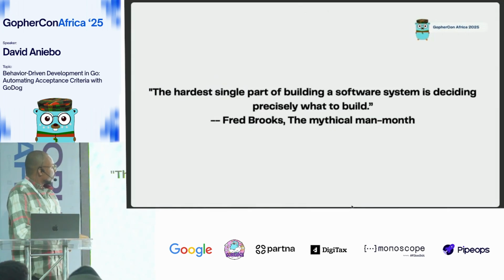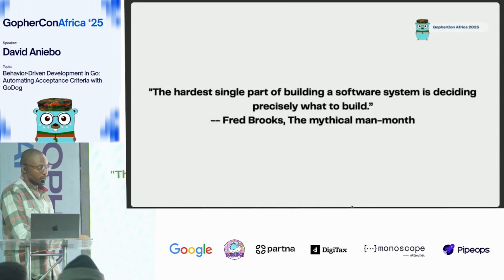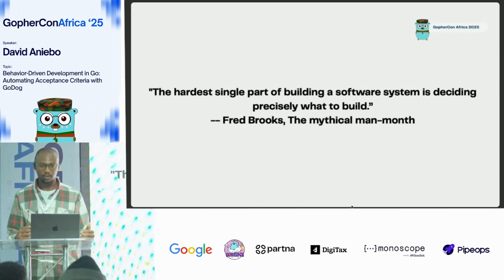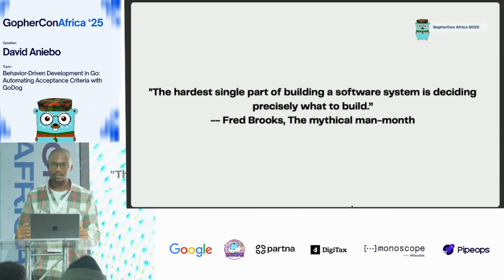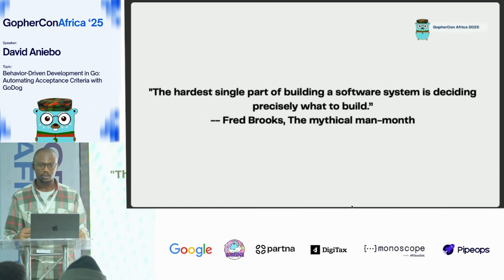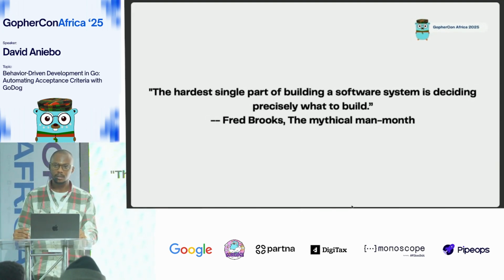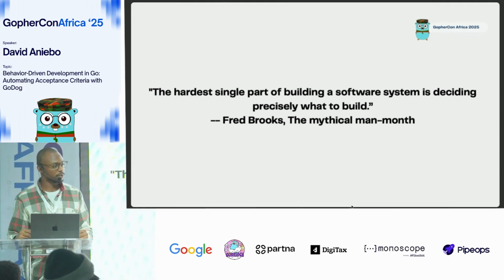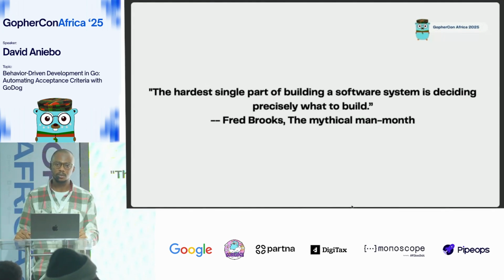This is a very famous quote by Fred, which says the hardest single part of building a software system is deciding what to build. So when we build software systems, writing code isn't the hardest part. To be honest, the hardest part is knowing exactly what the user needs us to build, right? Because most projects don't fail because of bad code, but because of misunderstood requirements,